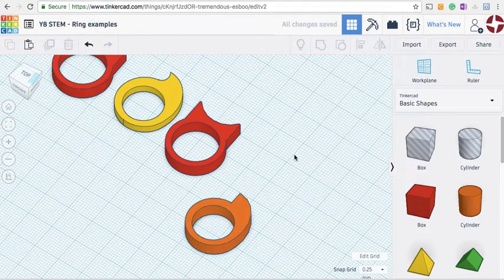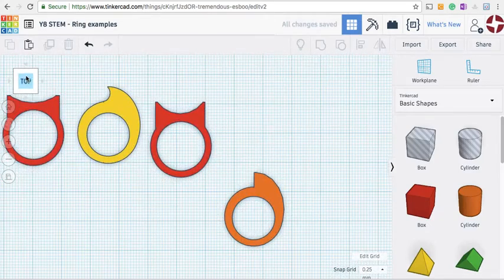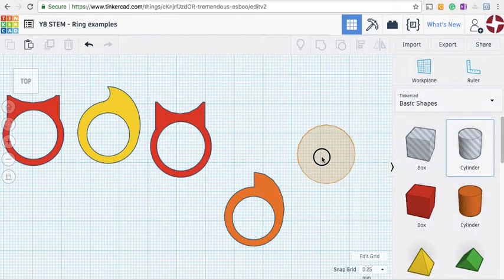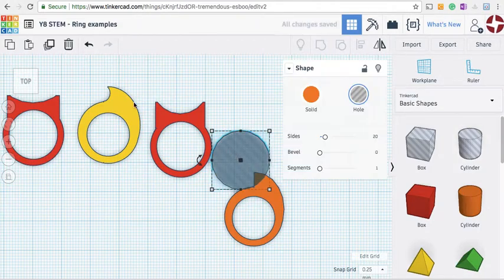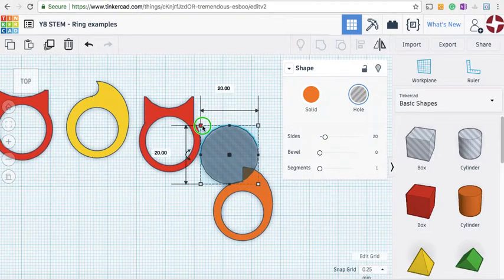And you can see we've got that shape there. Oh no, I had a bit of a curve here. So again, just using basic shapes. I'll just grab this one this time because it's already selected as a hole. And I'm going to try and do a little circle here, or cylinder, to carve out that gap. Now that is way too big at the moment, so I'll change that to about